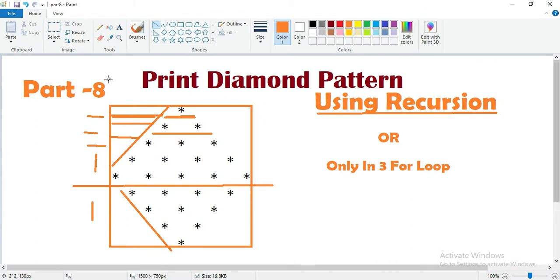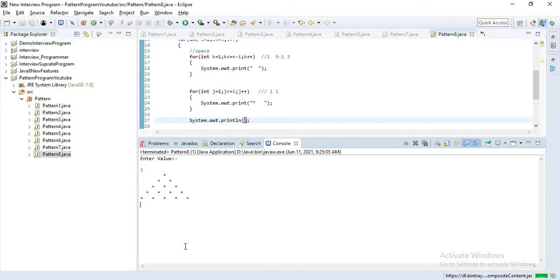That means our first diamond part is complete. Now we have to print this second diamond part. Let's first understand. Here first we print an initial 1 space, then we print 4 stars, then we print 2 spaces, then we print 3 stars. Star counting goes 4, then 3, then 2, then 1. Okay, let's create that.